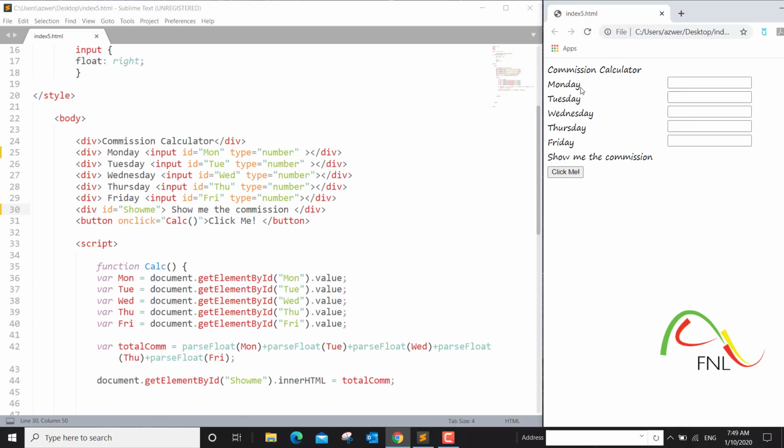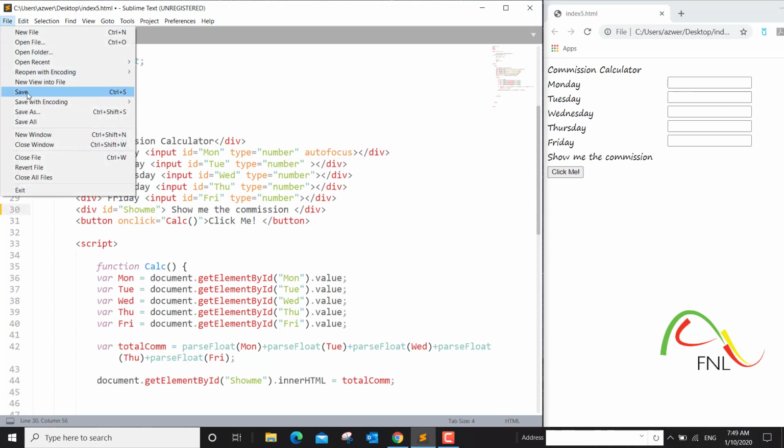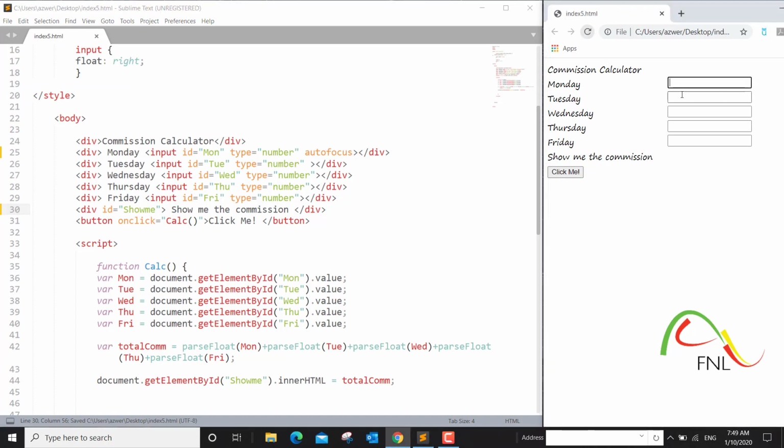This is the first field. So what we want to do is, when we refresh the page, when the page loads up, we want the cursor to be in this field. That is very simple. This is the input field, and we'll simply type in autofocus. Now when you save it and you refresh the page, you'll notice that the cursor appears automatically in the first